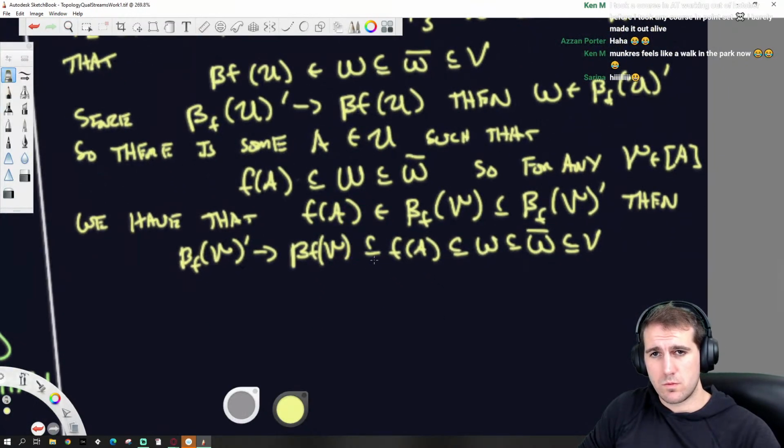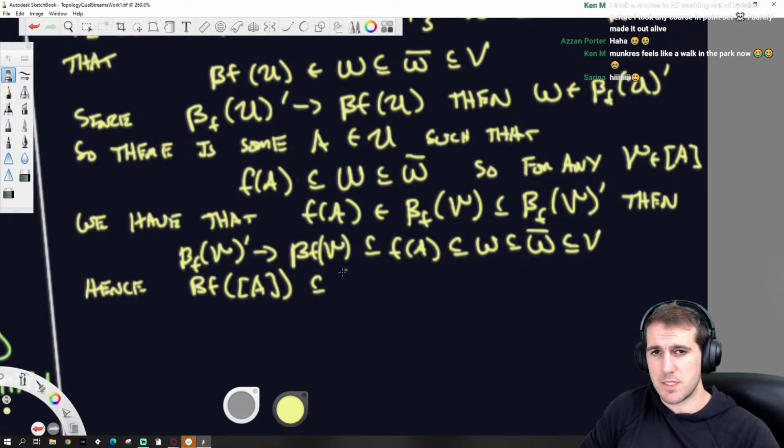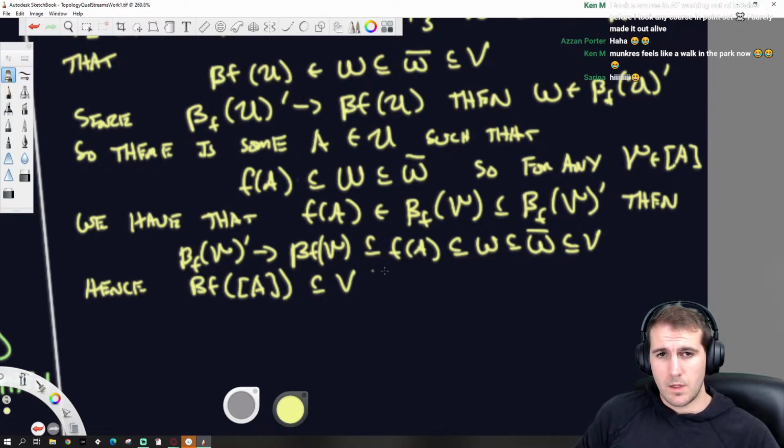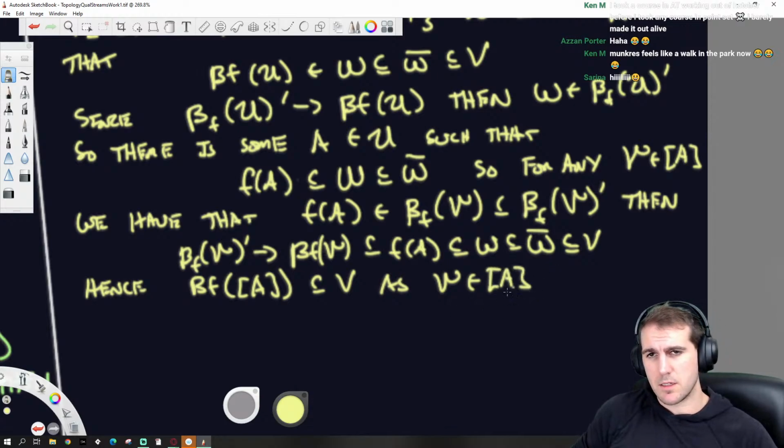Hence, beta F of the cylinder A is going to be a subset of V, as that ultrafilter within that cylinder with respect to A are all the collections.